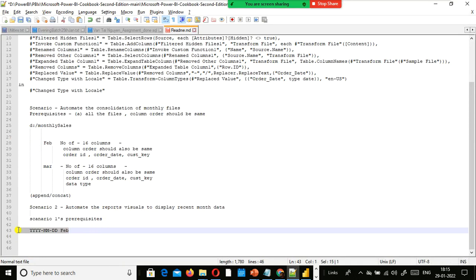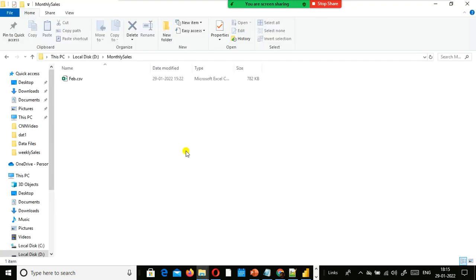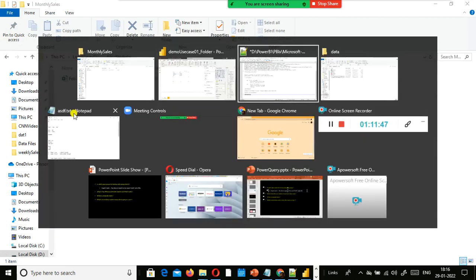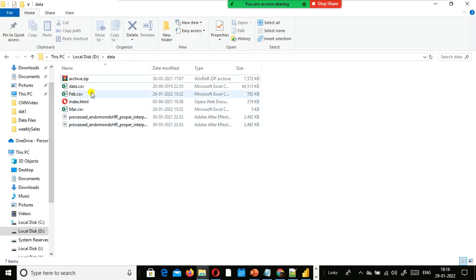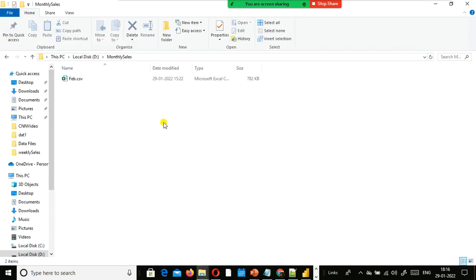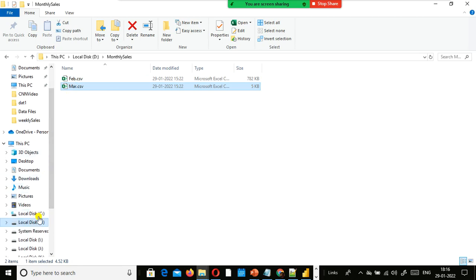But what we do is we are going to make some changes to the file name. Okay, we are going to follow this naming convention for the file name. I just go to my data here and simply copy paste the March month data here, February, March. In this case F comes first, in the alphabet F comes first. Okay, if I put April, what will happen? Let me do one thing.